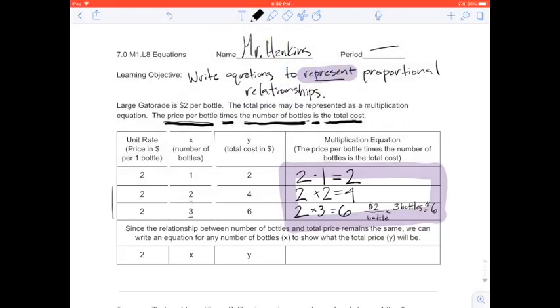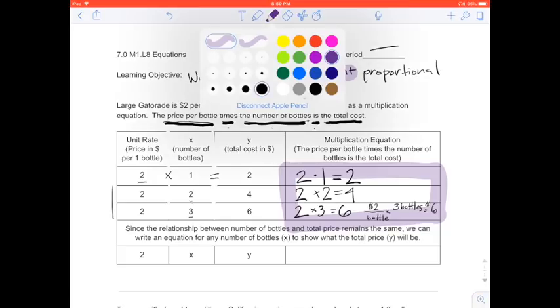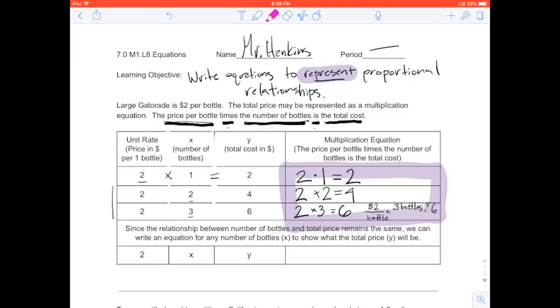So for this first one, the price per bottle, or the unit rate, times the number of bottles, right there, is equal to, another way is how you normally see that in a problem, $2 total cost. So if I want to draw some fancy lines here, so my price per bottle